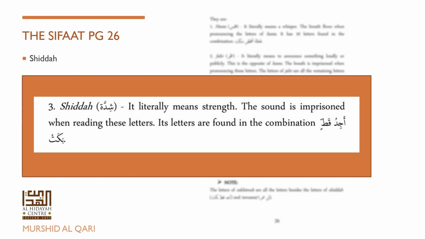So when we say ta كورت, there is the shidda. The sound is being imprisoned. كورت, and then following that immediately is the hams. كورت. So it's a very slight flow of air that needs to take place in order to give the hams